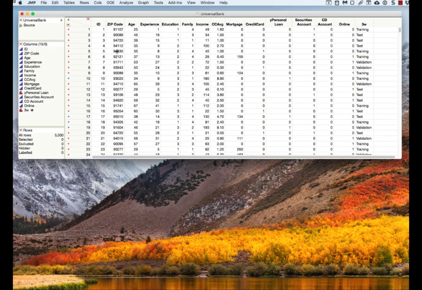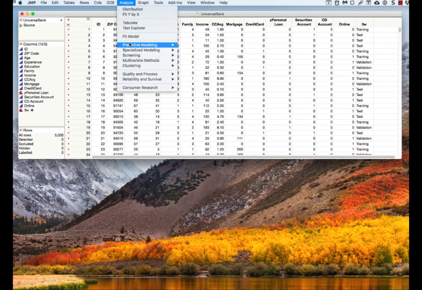In this example, where we're trying to predict whether someone will take on a personal loan from the bank based on the other information that we have about them, we've already determined which input variables matter, and so that process will not be included as part of this video. To create our neural network,